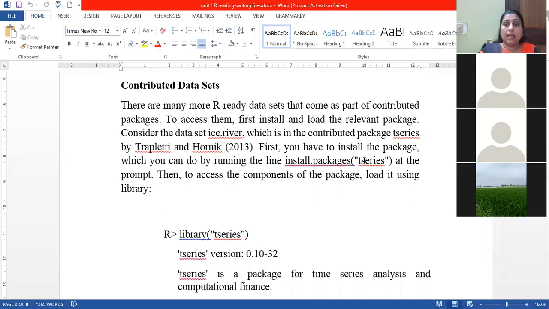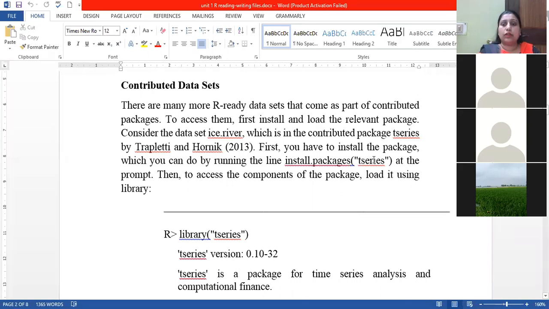Suppose I am taking a monthly data set. Monthly data set means suppose I want to build a data set recording the data of a fuel. So if we are recording the fuel reading at month 1, the fuel reading at month 2, the fuel reading at month 3, there is an equal interval. Every entry is a particular interval apart. So we call it time series data. One of the packages for time series data is tseries.